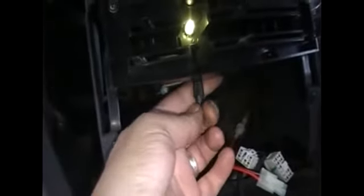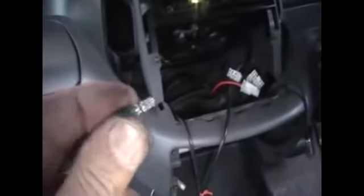Okay, and just so you know, they're a twist out bulb. The fitting, that is, they just twist out, and then the bulb itself slides out like that, and it's a T5 bulb, I believe. So I'll go find one of them and put that in. Okay, so I've changed that bulb with a new one, and you can see, well, actually I don't know if the camera is showing it, but the bottom one is new and it's brighter